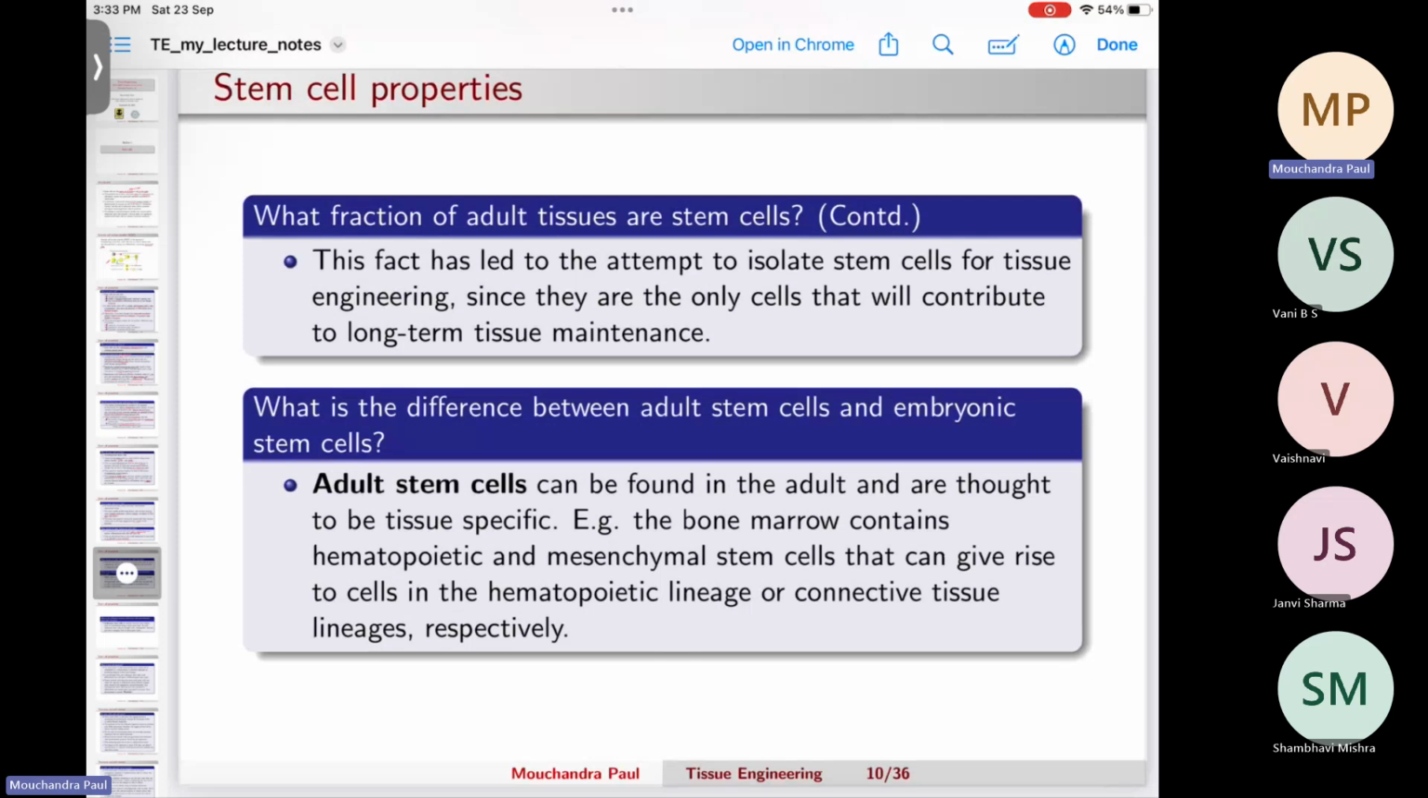So yes, that is exactly what I said, that this led to the attempt to isolate the stem cells for tissue engineering, since they are the only cells that contribute to long-term tissue maintenance. Okay,